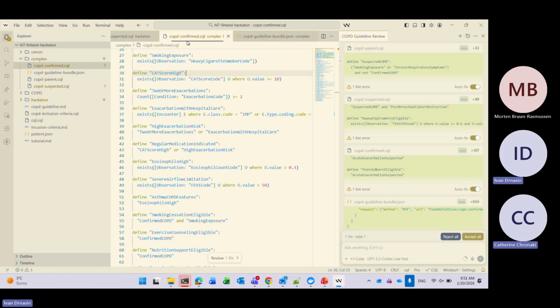I was thinking about some kind of agentic architecture where you have a SQL agent, you have your plan definition agent, an activity definition agent, and you have one orchestration agent that really takes that and builds your clinical guidelines.